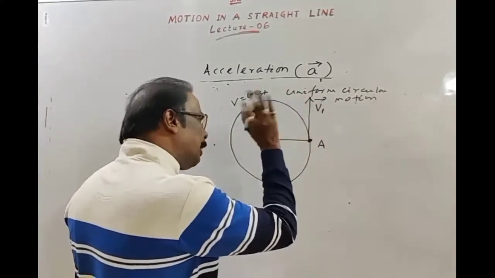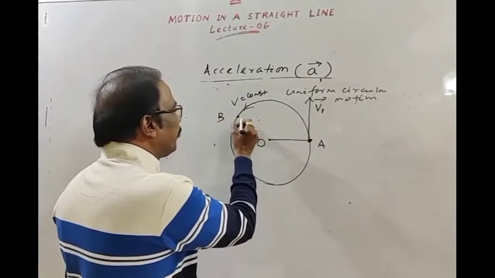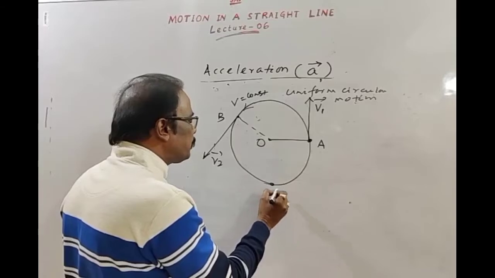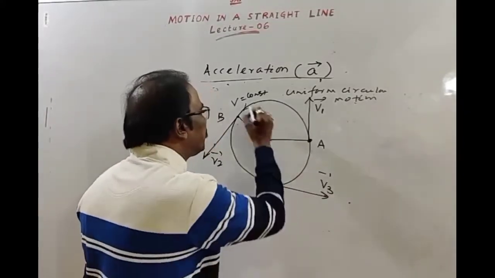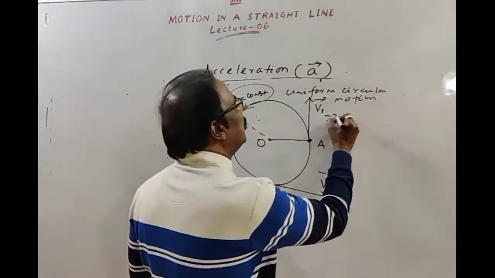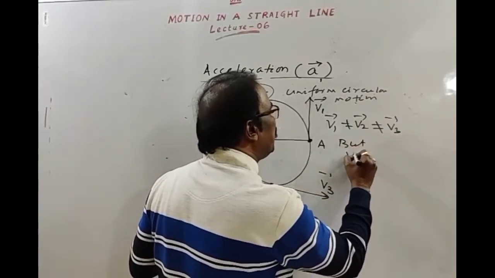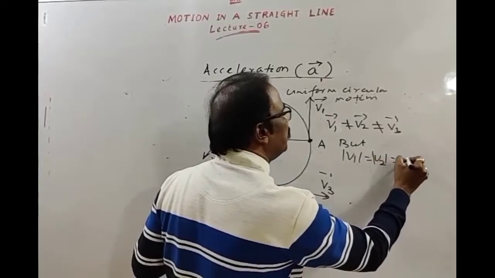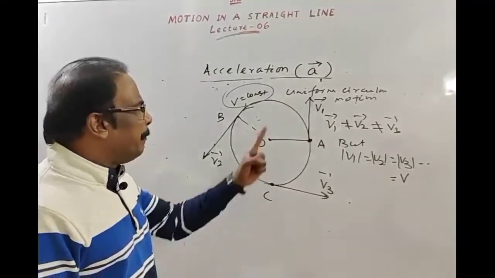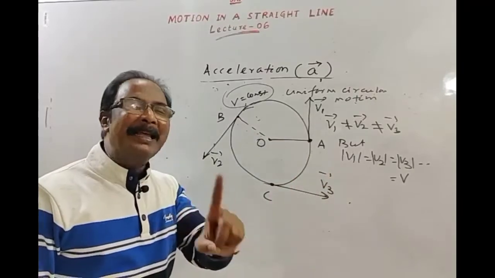Let this velocity be v1, as we have discussed before. If this is position B, then this is the direction of velocity, this velocity is v2. This is position C, this is the direction of velocity v3, but speed is constant. So here velocity changes, meaning the v1 vector is not equal to the v2 vector, is not equal to the v3 vector, but the v1 magnitude is equal to the v2 magnitude is equal to the v3 magnitude and so on, that equals v, meaning speed is constant. Here velocity changes due to only a change in direction, so here the force must be perpendicular to